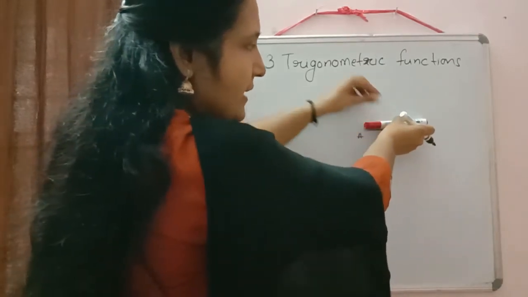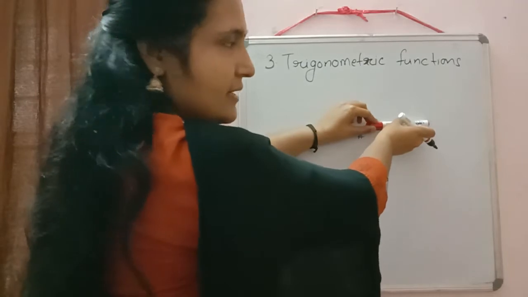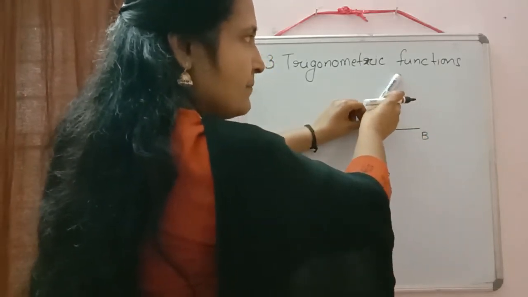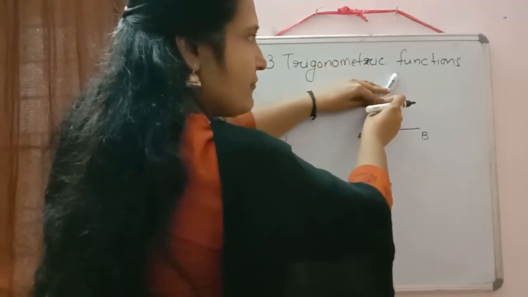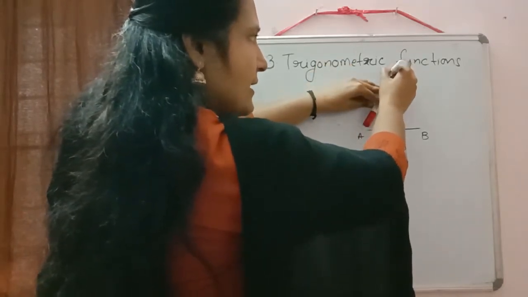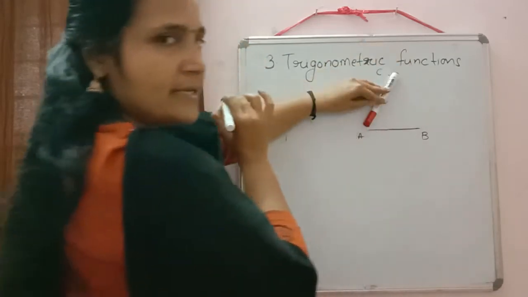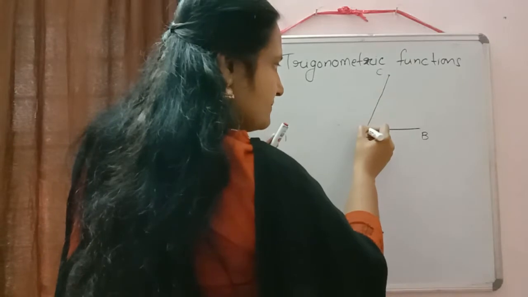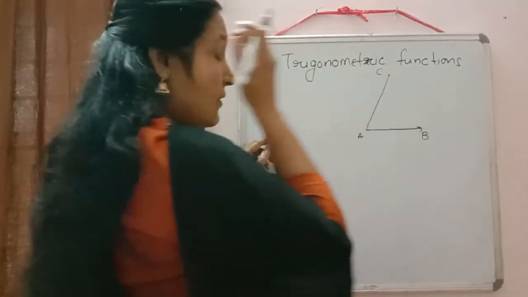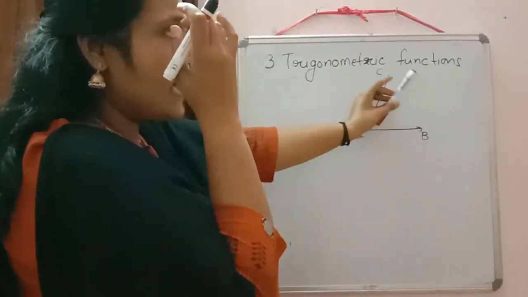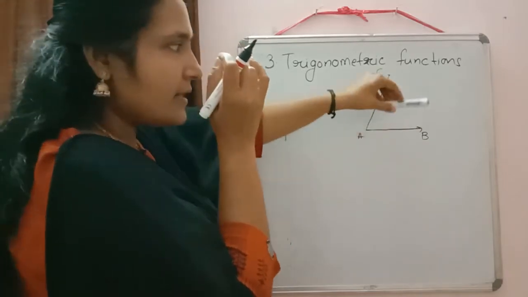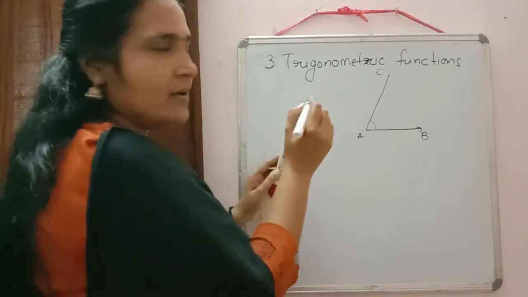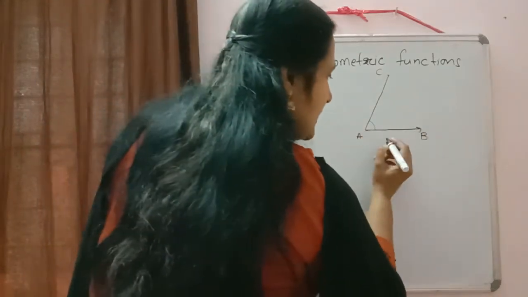Suppose this pen is there, its starting point is here. So this is the starting ray, and after that I am rotating this one. In this way I rotated, and after rotation I reached this point. I marked this point as C, and then I will join AC. So in this way, when we rotate a ray or anything, an angle is formed, correct? In this way we formed an angle here, okay? So this was our initial point.